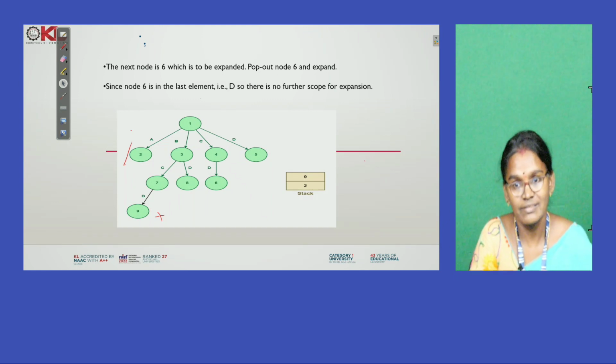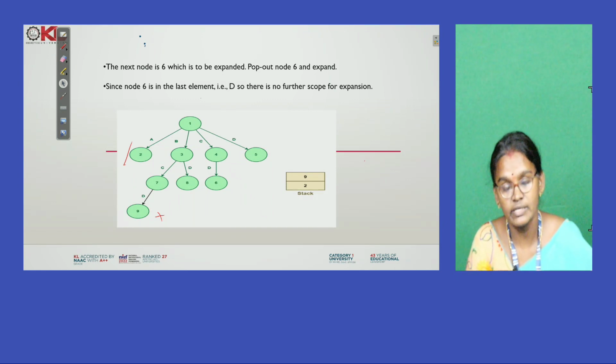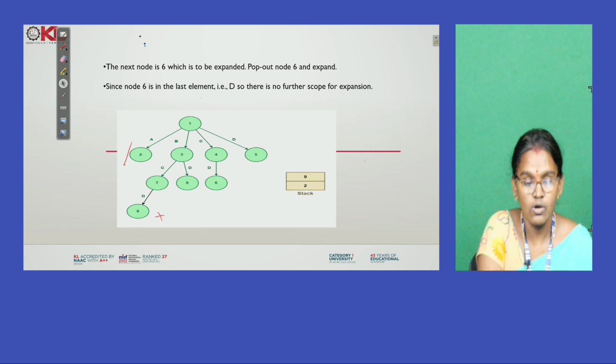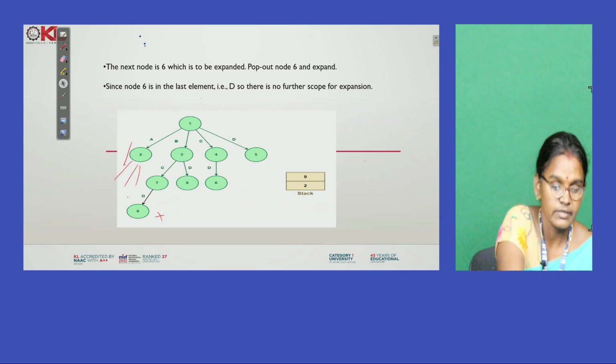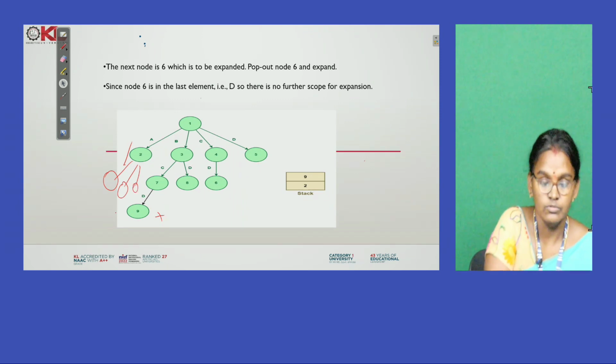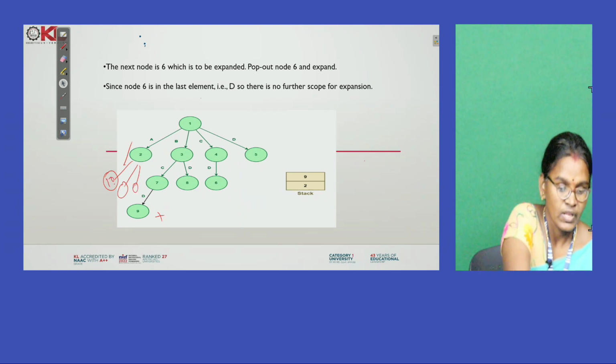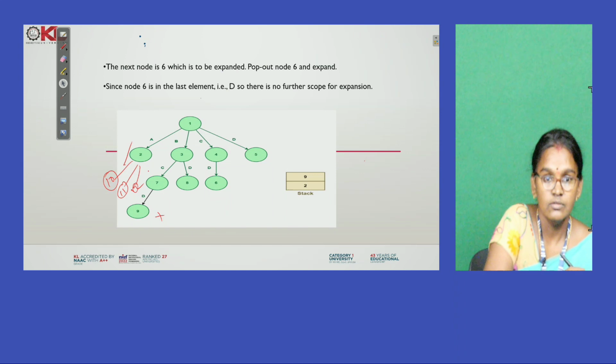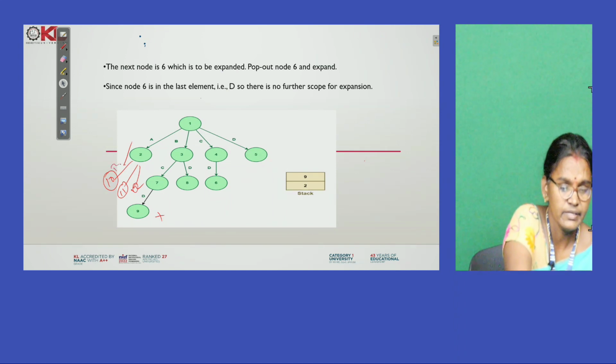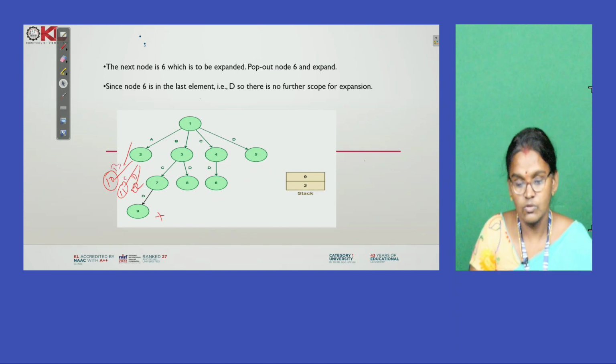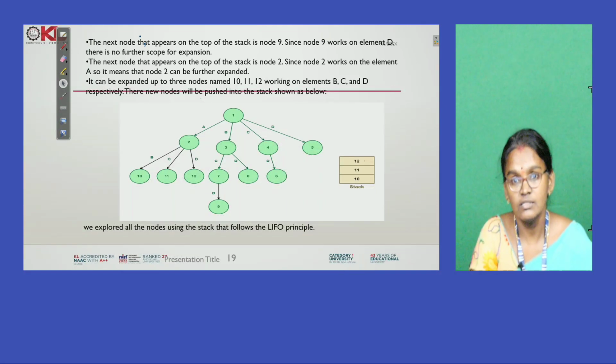Here what are the possibilities for the extension? Here the possibilities are there in 3. In this, 3 nodes are available: 10, 11 and 12, that is B, C, D. This is the state space tree for the node 2 extension.